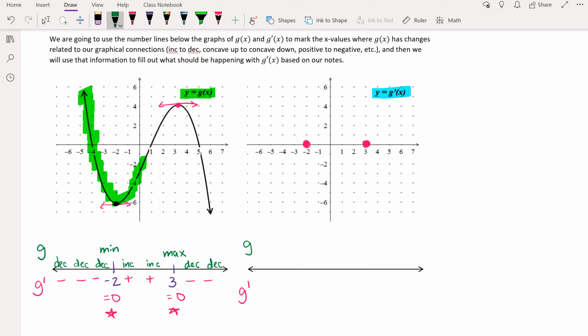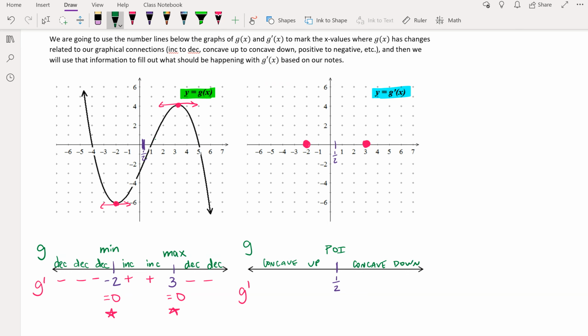So let's mark this x value where it changes concavity, 1/2. Let's mark that on both graphs, and I'm going to mark it down here on my number line, 1/2. And G is concave up all the way until that point. So concave up. And then what do we call it when it changes from concave up to concave down? At 1/2, we have a point of inflection on the graph of G. Then we can see that the graph of G switches to concave down for the rest of the time. So we're going to write a little note. We are concave down